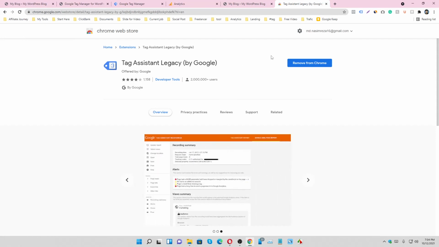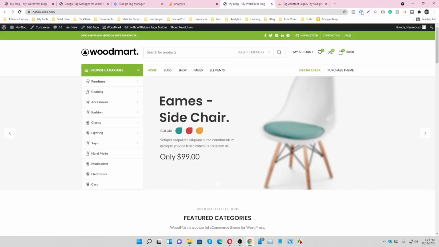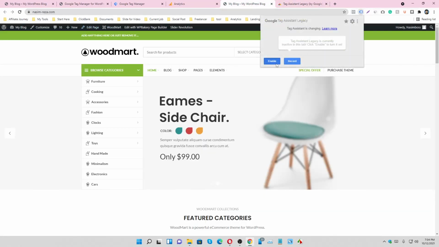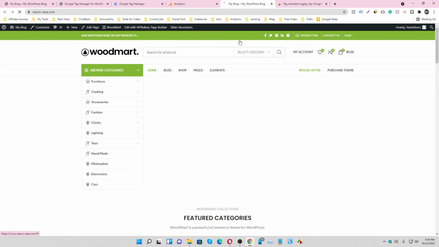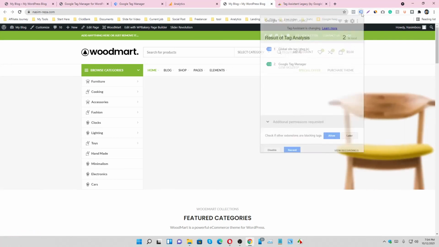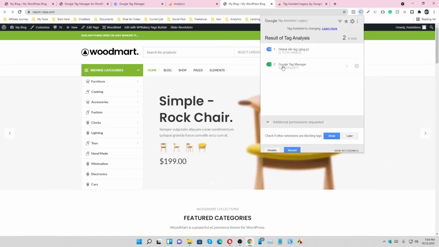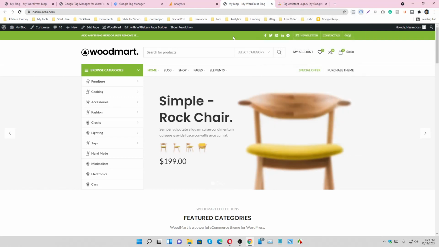Just install it and then go to the website and click the enable button and refresh the website. After refreshing, this extension shows the Tag Manager and Google Analytics tag are already connected in two tags. So we have successfully installed Google Analytics in our e-commerce website.